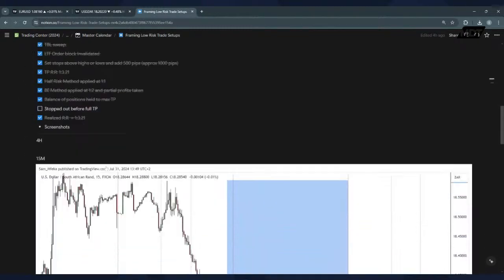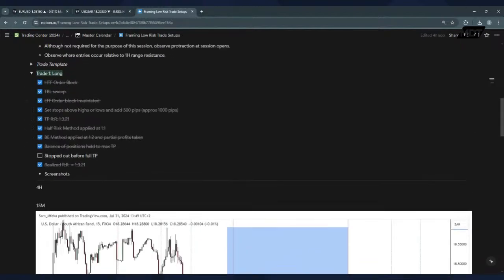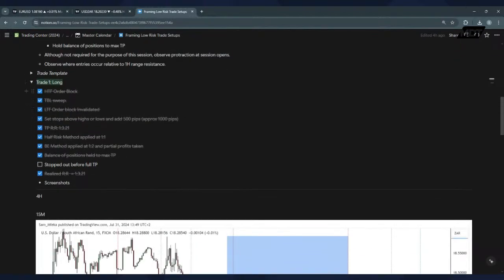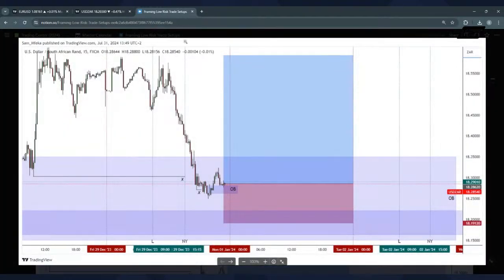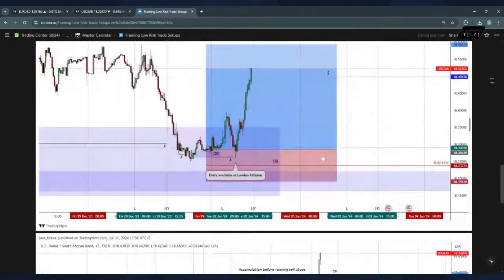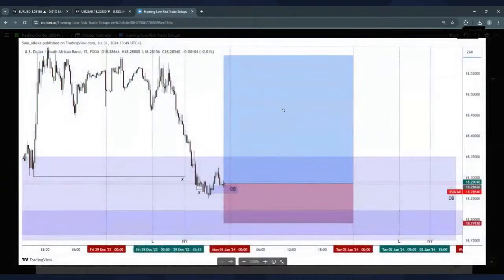I did begin briefly a bit earlier, and this is the trade I took. So it was a high time frame order block. So it was a 4-hour order block. We had time-based liquidity sweep. We met all the criteria. We can maybe just look at it here. So I did not tag my 4-hour, but I'll show you guys which order block it was in a minute. But we were within this larger order block here.